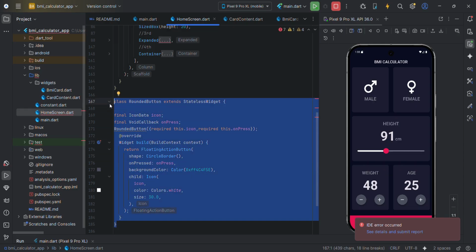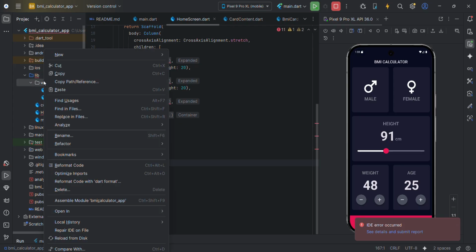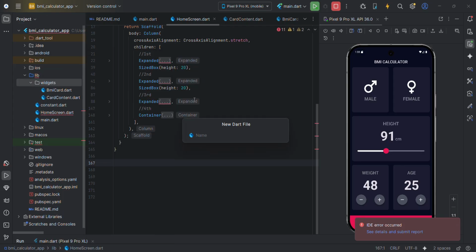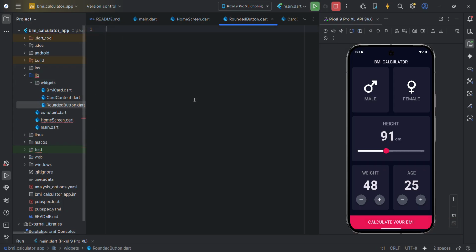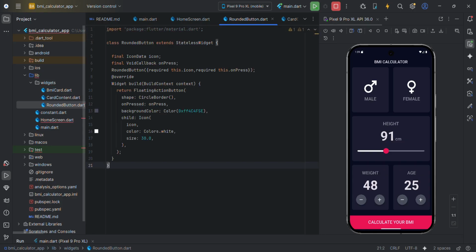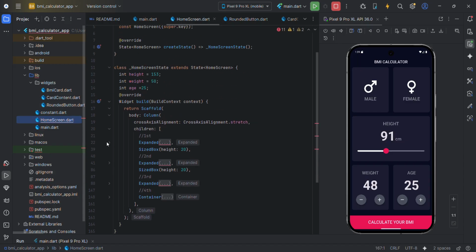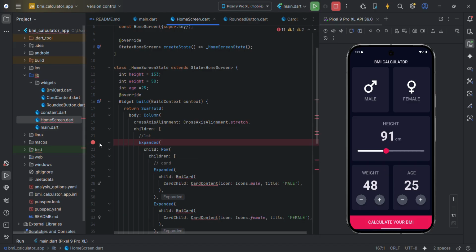So we'll fix that. We'll go here, cut one more, that is rounded button, create a new file called rounded button, import the material and paste the rest of the code. Come back here and make sure these files are being imported. How can you do that? You can go directly there, or you can come here, hit control and hit control space, where you can select the file you want to import,